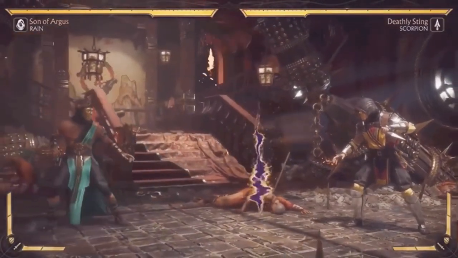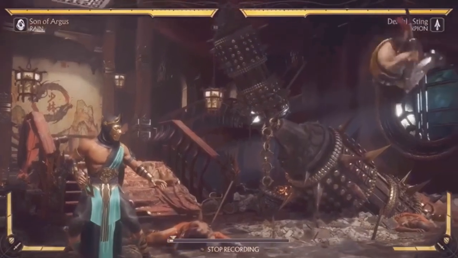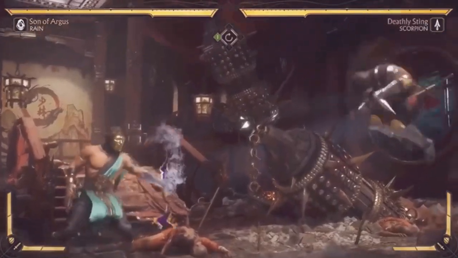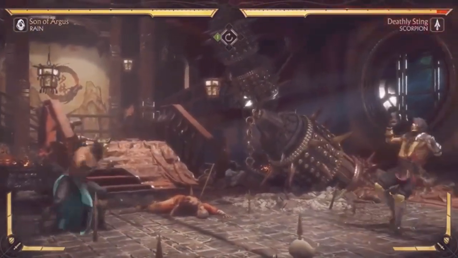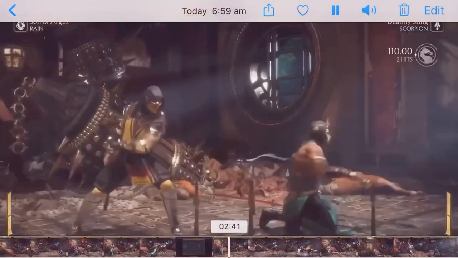And now this is really awesome. We didn't even get to see this in the trailer, but he puts this portal out, kind of like Injustice 2 Enchantress. And it'll just absorb a projectile, and he can do whatever he wants. It's kind of like Frost has a move like this, but it's really cool. And oh, I forgot to clip it, but